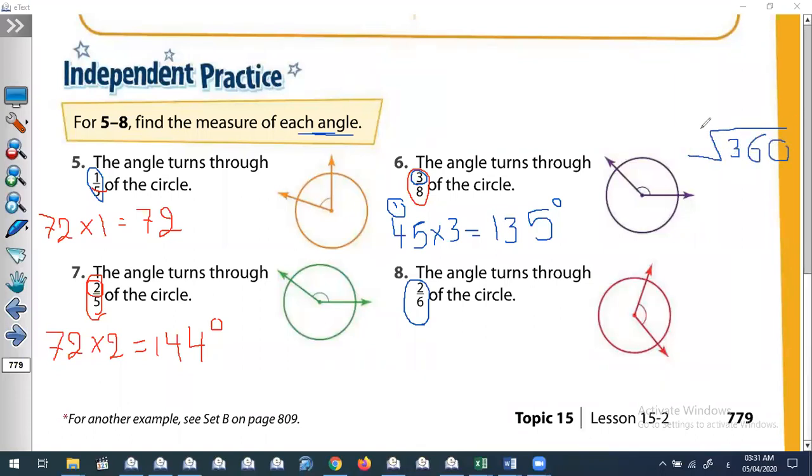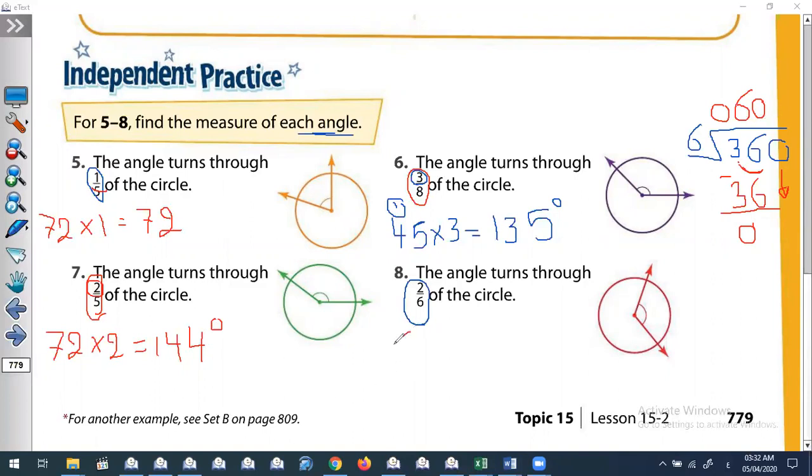360 divided by 6. Can we divide 3 by 6? No, put 0. Take another digit, 36. Yes, 36 divided by 6, I can find it directly. It will be 6 because 6 times 6 is 36. After subtract, bring down the 0. So 360 divided by 6 is 60.